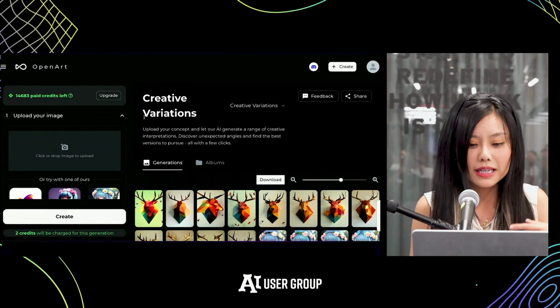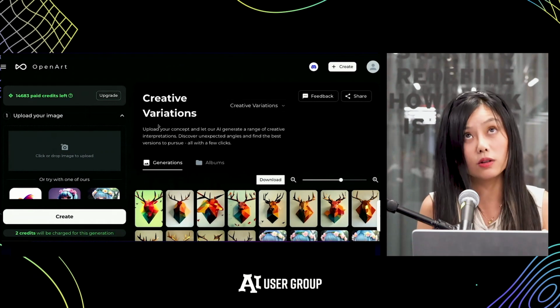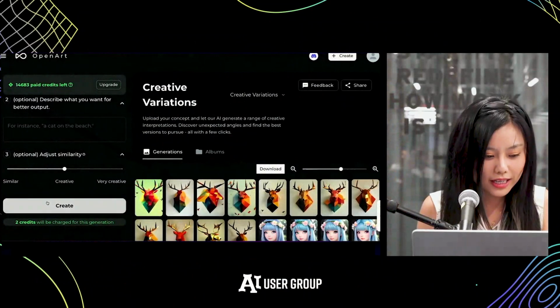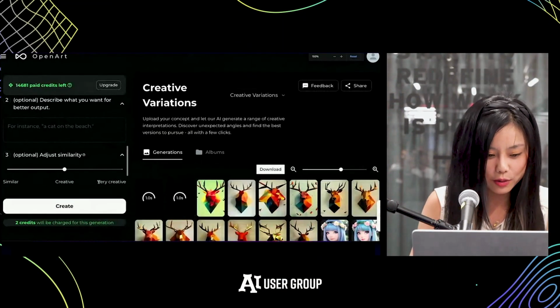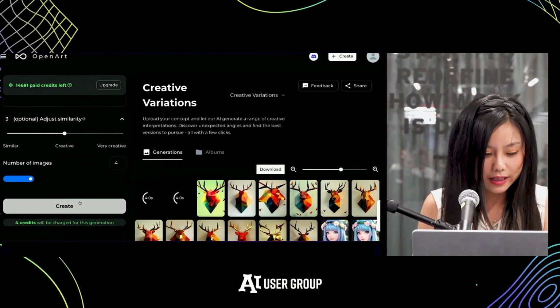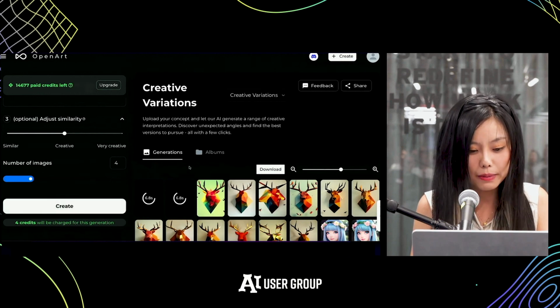This is a super useful tool when you have an idea or existing artwork or design already. So let's say you design a chair or something, and at this point, you can say you want to generate some variations, or you want to see what other things you can produce that look like your design, but different.